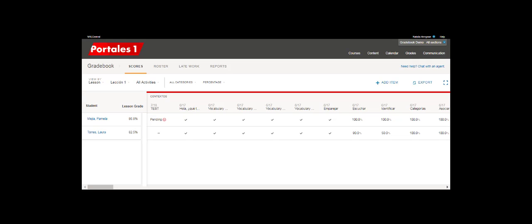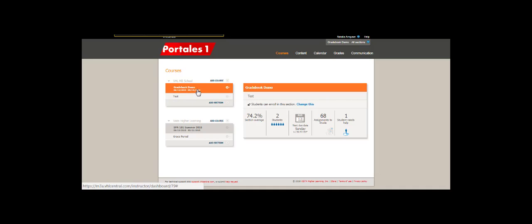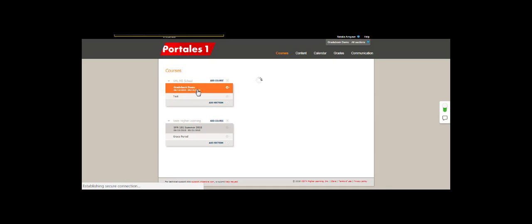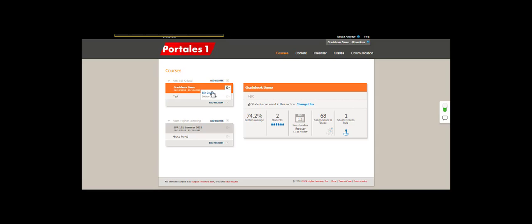In order to modify your gradebook categories such as penalty fees, the number of attempts, or the strictness of your grading, you will have to change the course settings. Go to your course dashboard, click on the name of the course you wish to modify, click on the menu icon, click on Edit Course,